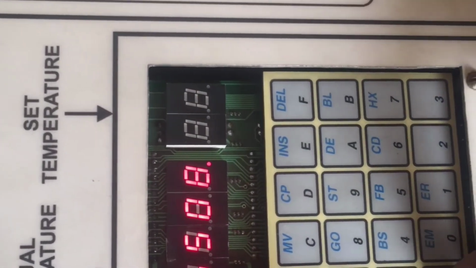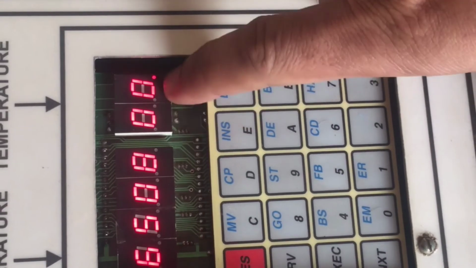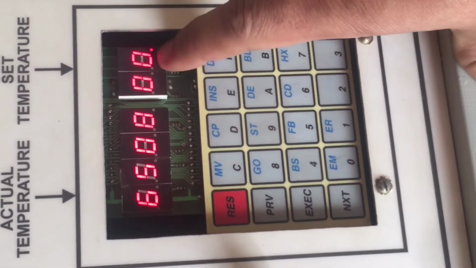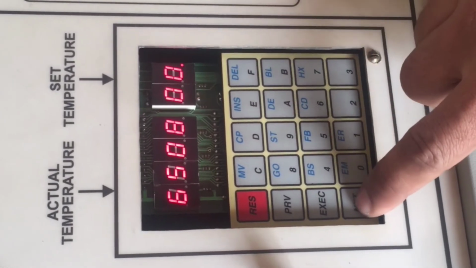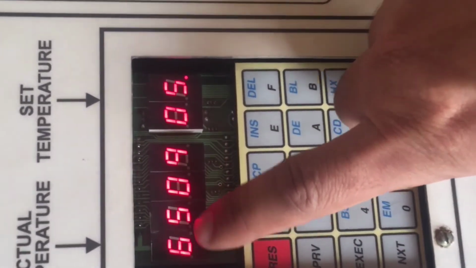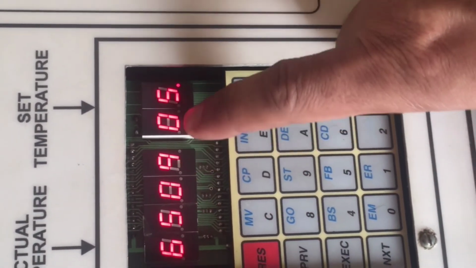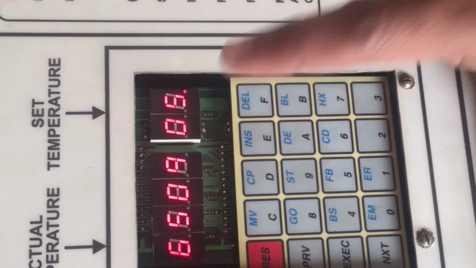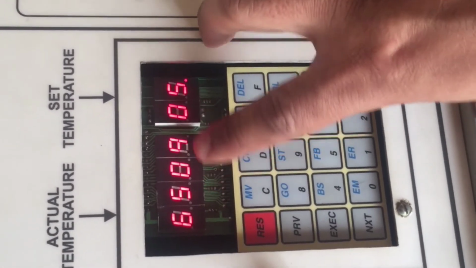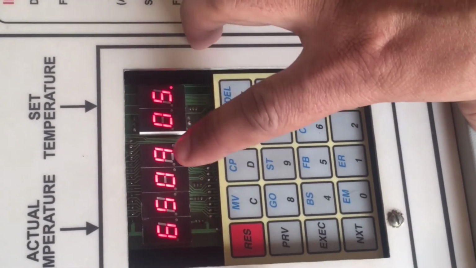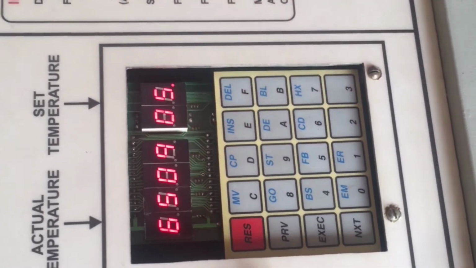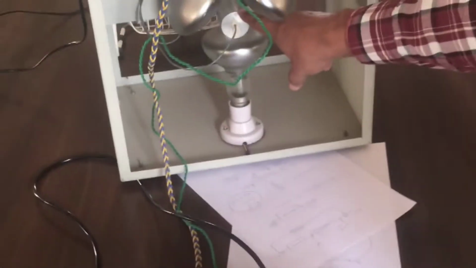Then you press the next key. Here at 6508, the value stored is 00. I'll press the next key. Now the memory location is 6509 and it is showing 05. So the combination of 6508 and 6509 with values 00 and 05 will give me the set temperature of this cylinder as 50 degrees Celsius.